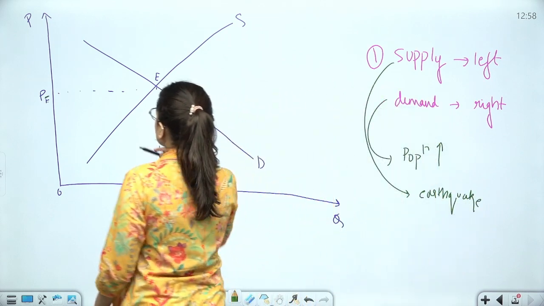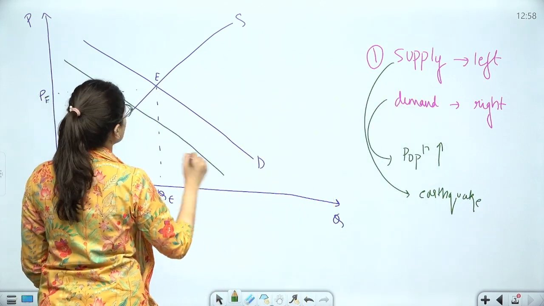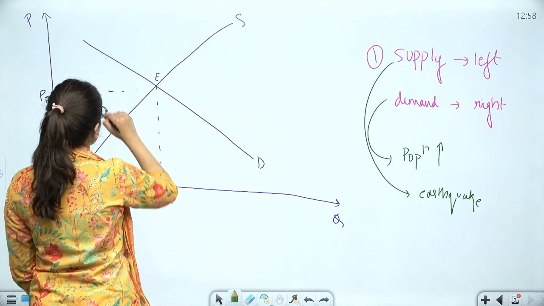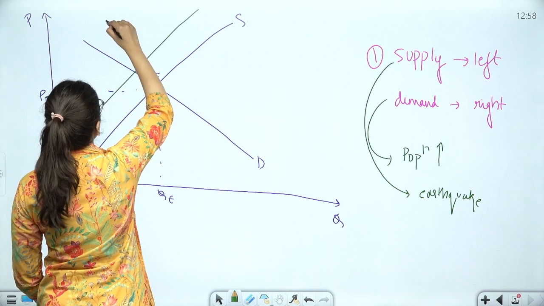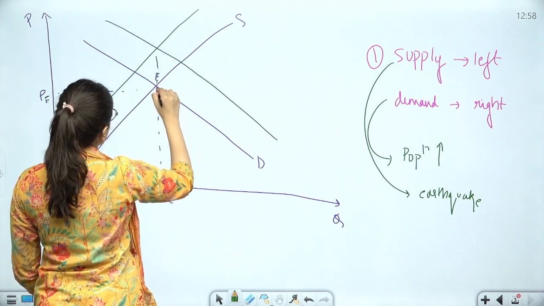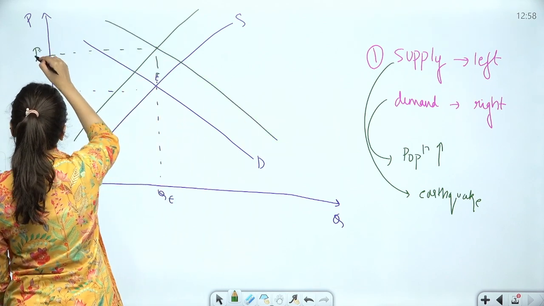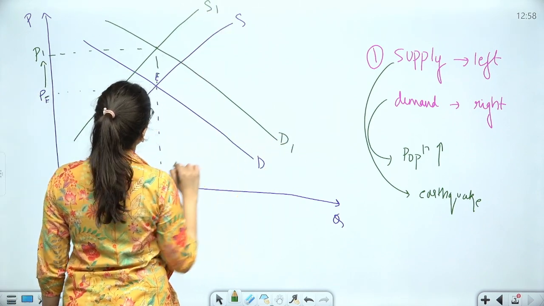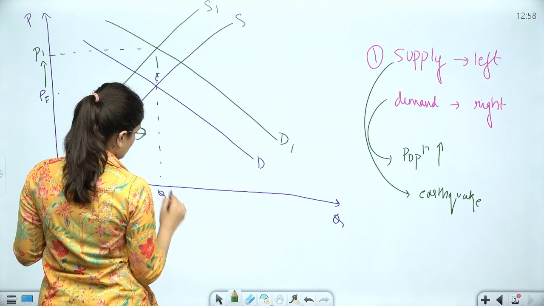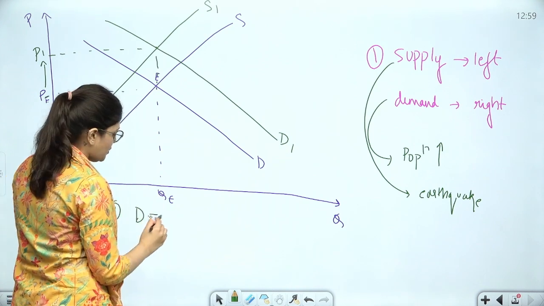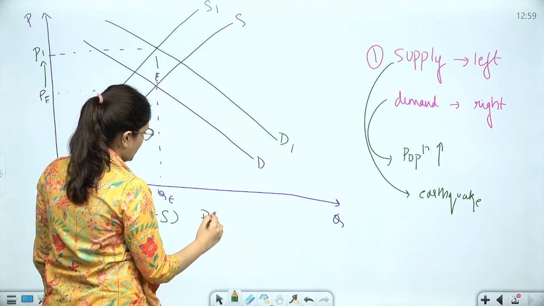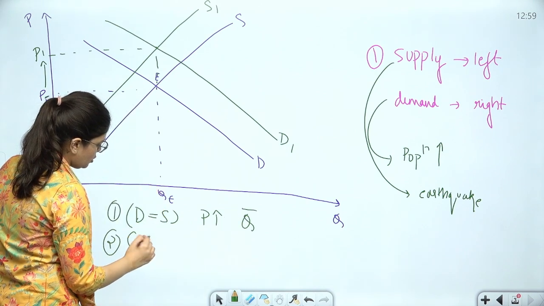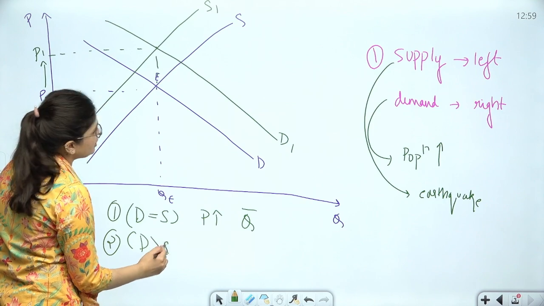So in this case, the supply will decrease and demand will increase. Supply will decrease and demand will increase. So in this case, you will see the quantity stays the same. If I am increasing with the same proportion, this is your S1, this is your D1. Okay, so this is what is happening here. Now, case number 1 is when demand and supply is increasing with the same proportion, the price will increase and the quantity will stay the same.